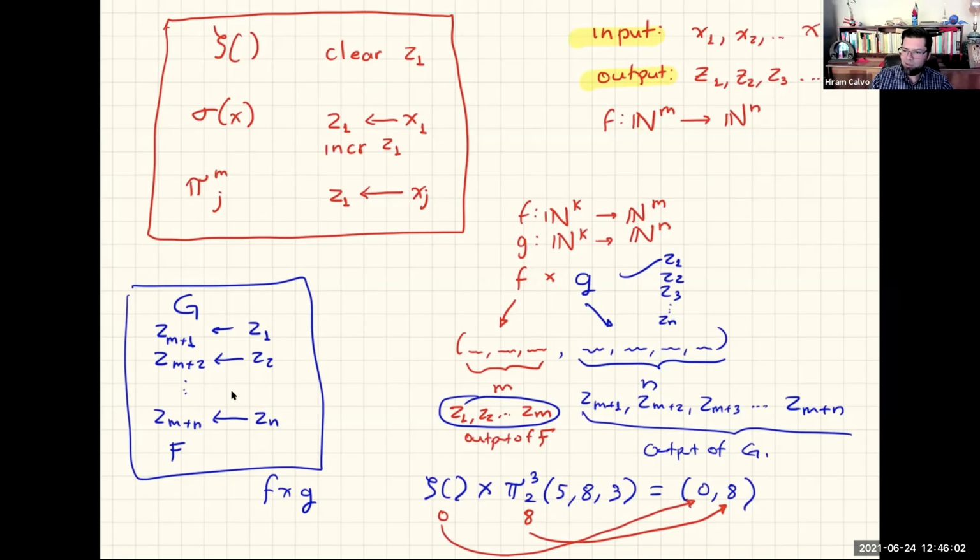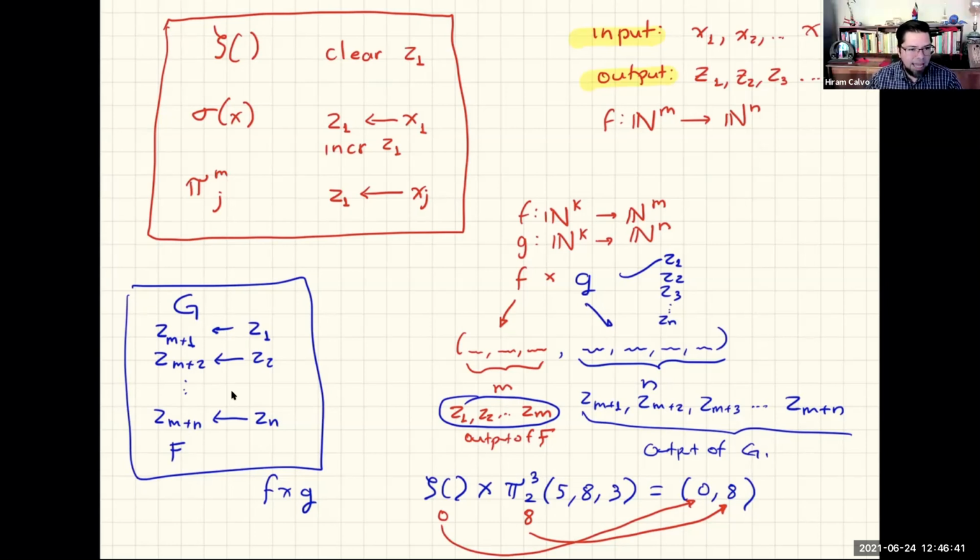This should be understood 100%, because if not, it will get a little bit more complicated afterwards. But we are just moving them. And then we calculate G. Then we move the results to the right. And then we leave this space free so that we can calculate F. And at the end, we have a single vector with the first part being the result of F and the second part being the result of G. And that's it, because this is what this mechanism does. No more complication with this. Okay, so